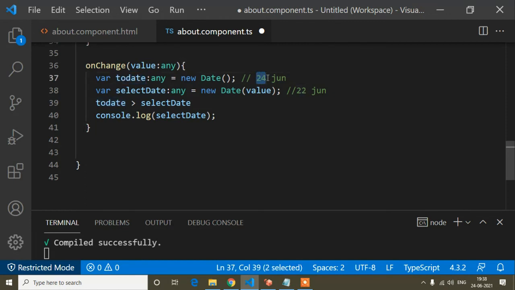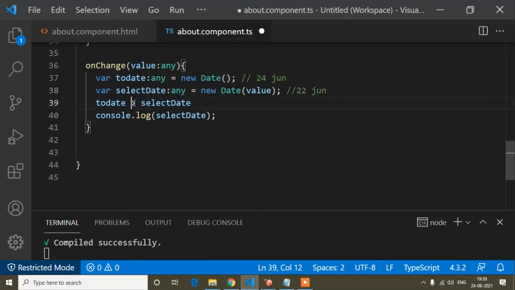You can see if it's 24 and user selects 22, 22 is the past date and 22 is less than 24 June. So I have written this condition: today's date is big and the user selected past date is small.